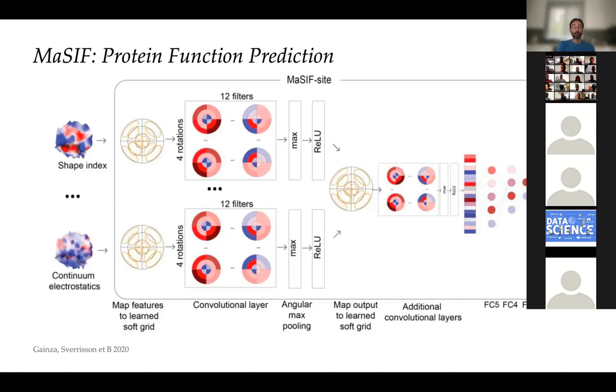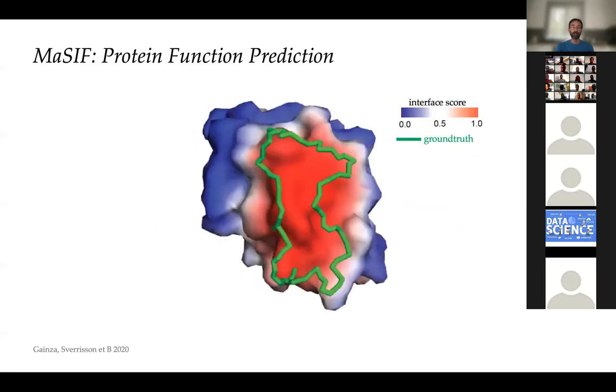And what we conjecture is that you can use actually the geometric structure of the protein molecular surface to predict its function, in particular the binding properties. And this was my collaboration with a group of Bruno Correia at EPFL. We developed a mesh-based architecture that we call MaSIF for protein function prediction, in particular predicting binding.